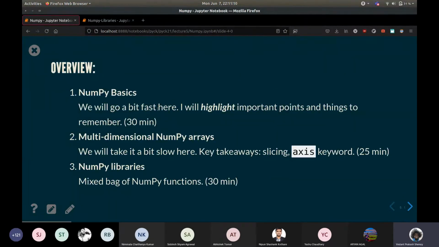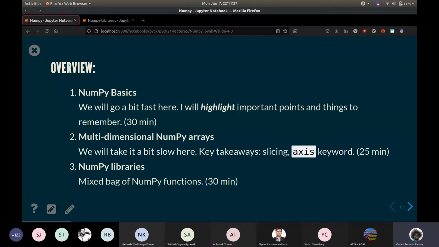So a bit of an overview, NumPy basics. I'll go a bit fast here, not because I want to go fast, but because a lot of the syntax for NumPy is very intuitive. It does pretty much what you expect it to do, and in some ways it's similar to what we have from lists and tuples. So I won't cover list slicing for one-dimensional arrays again.